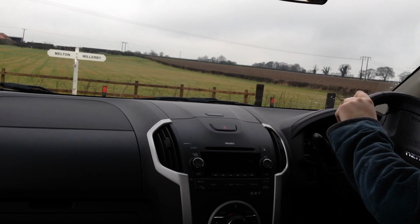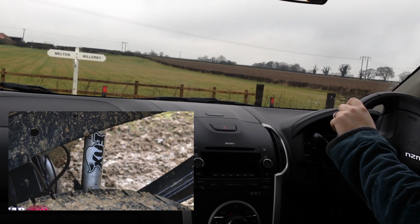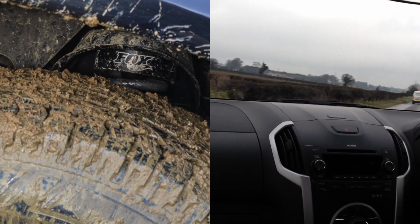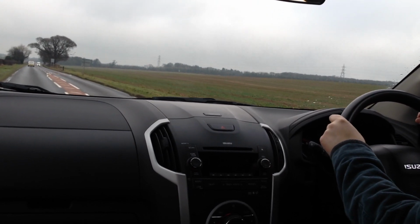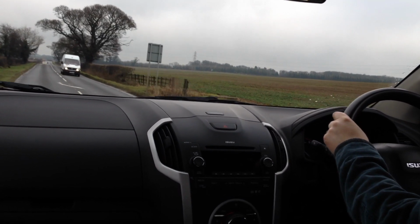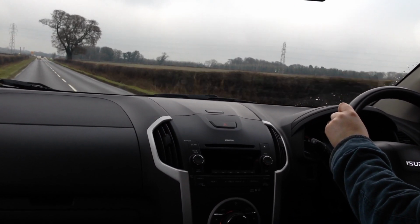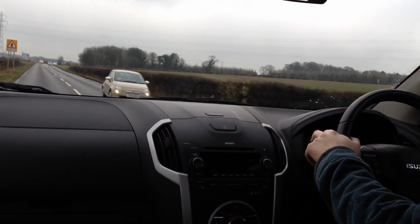Basically, they've put Fox performance suspension front and rear. The suspension's been lifted by 20mm, the body's been raised by 30mm, and overall I think you get about 125mm of extra ground clearance, which is a lot. But rather than being a big wallowy beast that's been raised up, and it does feel a lot higher than the standard D-Max, which already had good ground clearance,